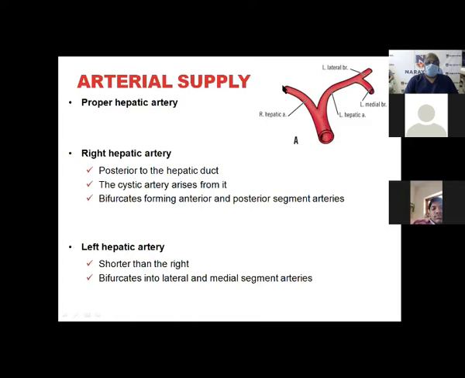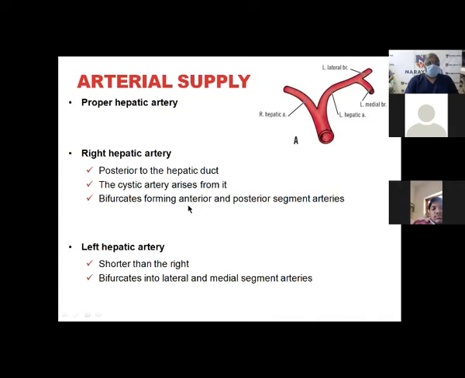This dips into the liver quickly. This has got a little long course. We can identify it easily. This always has a medial and a little anterior relationship to your bile duct. Bile duct will come here. You must always take care, especially in an inflamed area, not to injure the right hepatic duct. Posterior to that will be the portal vein. So, the right hepatic artery is posterior to the hepatic duct, and the cystic artery arises from it.